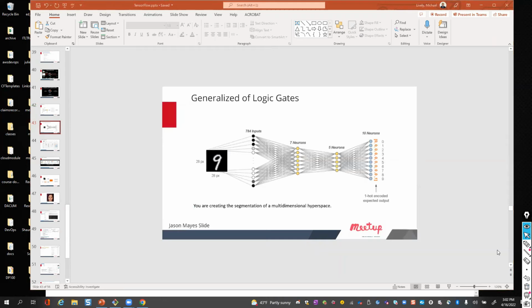All right, but really from my perspective, a neural net really is a generalized logic gate. So if you're familiar with logic gates, ANDs and ORs, then you'll understand what I'm talking about, but these are generalized in the sense that these weights determine it's not just a 0 or 1 going in, it could be a fraction of a number going in. And there's still a lot of work to be done with neural nets. What you're really doing in neural nets is creating a segmentation in multidimensional hyperspace. I know I'm a nuclear physicist, so I think in that area, and for some of you, this idea of hyperspace may be really new.